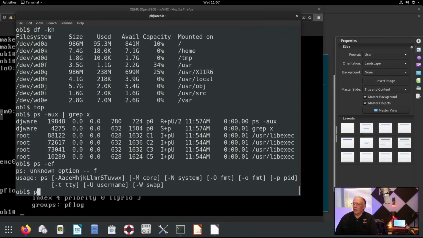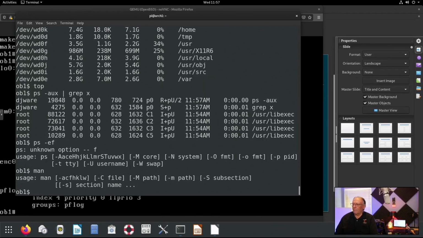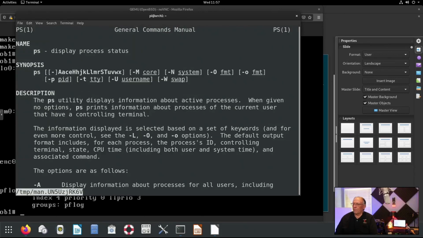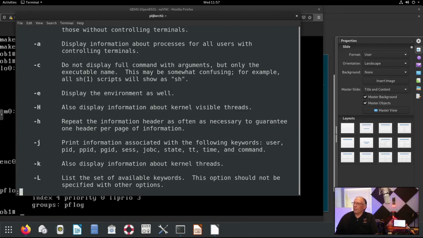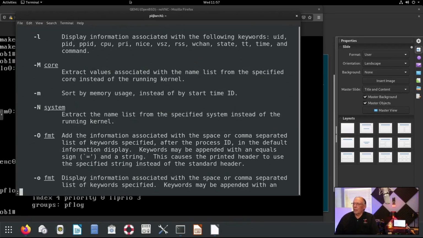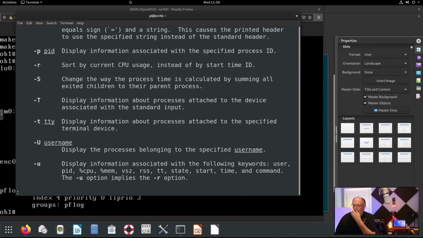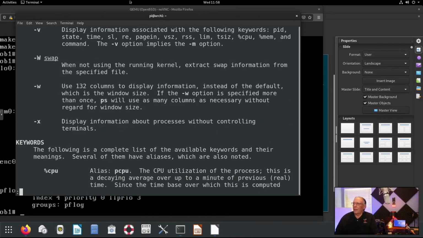On Berkeley it was always AUX, and if you look up the man page for that, you'll see it displays information about a process for all users. The U and the X display information associated with the keywords, user, PID, all of that stuff that you want to see.